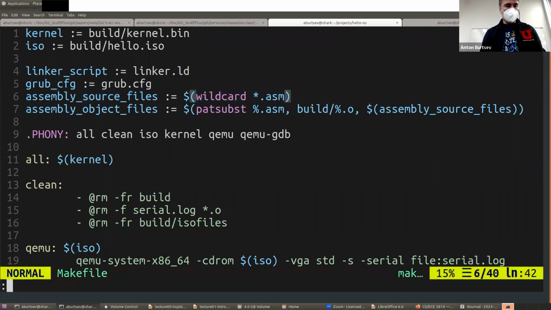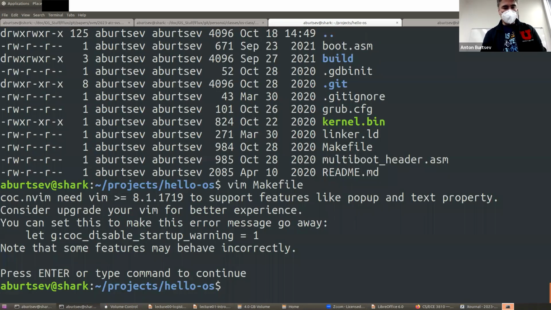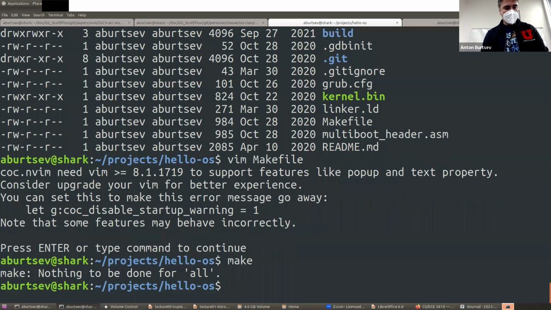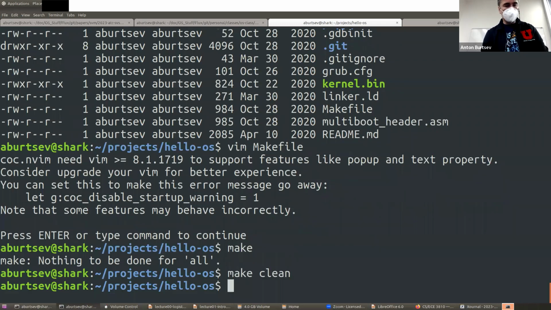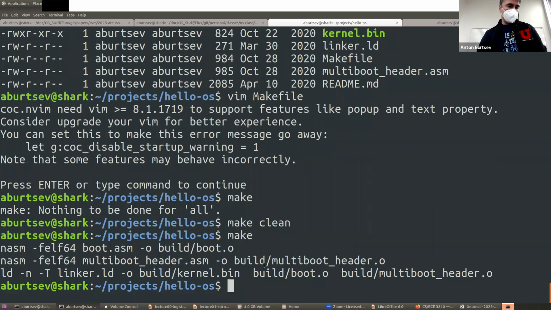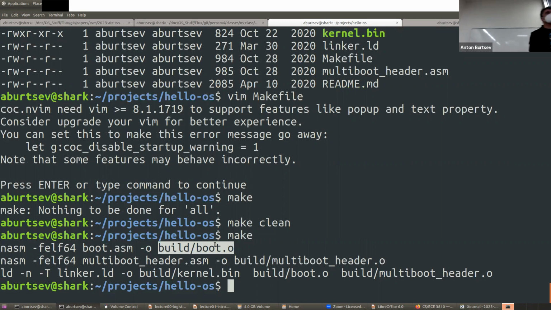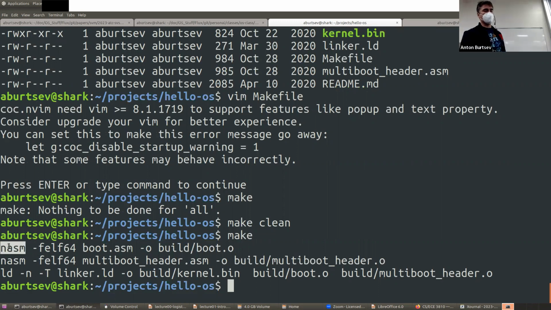If I say make clean, it deletes everything, and then I do make. These are exactly the commands which my machine executed. It converted boot.asm into an object file, because asm is the human-readable assembly which I typed, and the object file is actual machine instructions. So this assembler actually compiles from human-readable into machine instructions. And then I